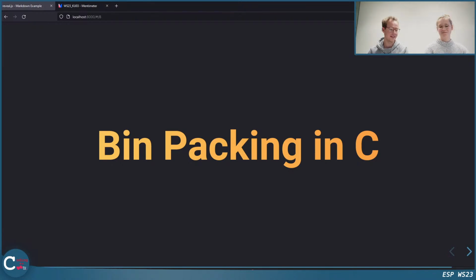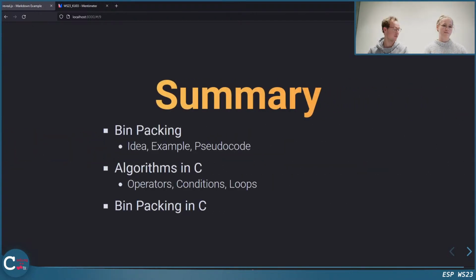Okay, then maybe we just summarize what we have seen today. It was really a lot. So we started with this bin packing problem, where we first had some example, the first idea, where you really got to the right idea with this decreasing thing, and we also saw those pseudocodes and examples.